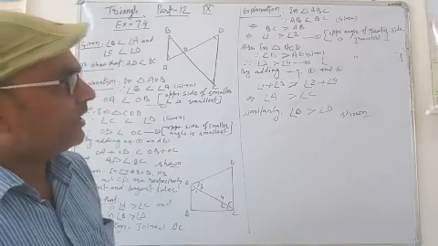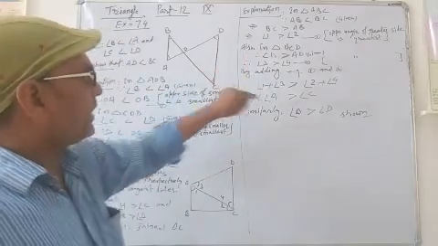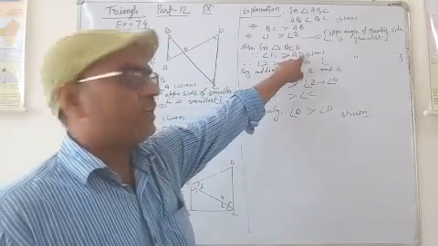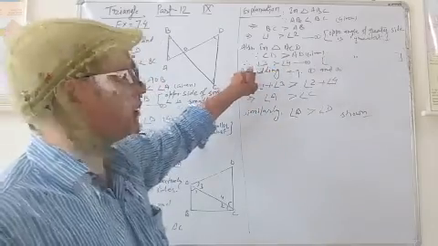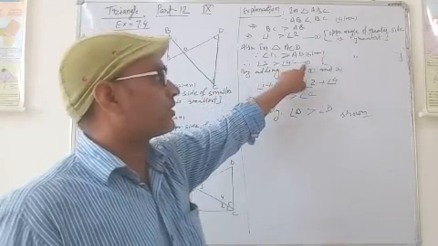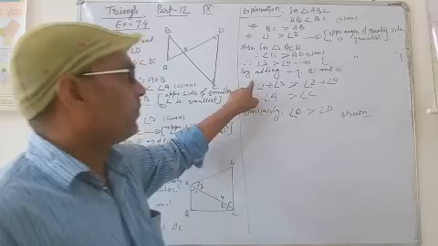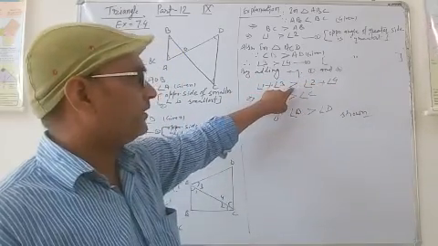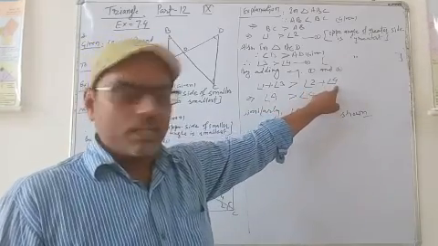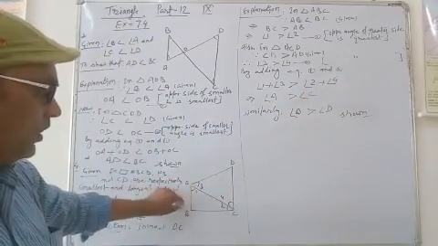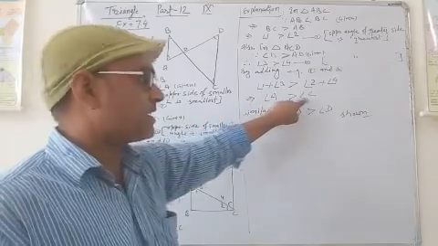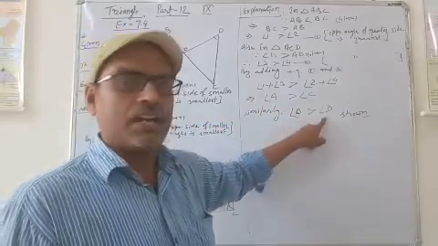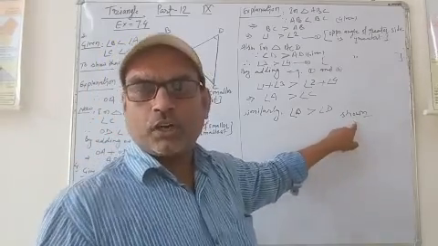Also in triangle ACD, CD is greater than AD, which is given. Therefore angle 3 is greater than angle 4. Equation 2. For the same reason, by adding 1 and 2, angle 1 plus angle 3 is greater than angle 2 plus angle 4. When we add angle 1 and 3, we get angle A. So angle A is greater than angle C. Similarly, we can show angle B is greater than angle D. So this question is again shown.